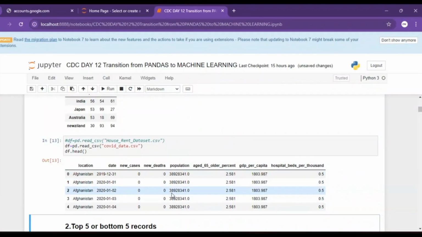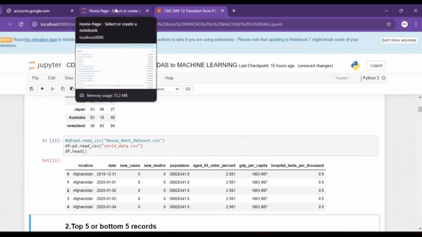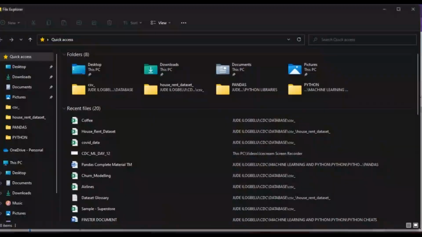So this is how you can bring it if you have saved this work in the Jupyter notebook handle. It will do like this. Now alternatively, it's possible you don't have this saved in that place, or you want to bring it from the file directly. So how do you do it? It's also easy. So what you do, instead of writing this COVID data here the way it is, you will go to our file page, open our file page,